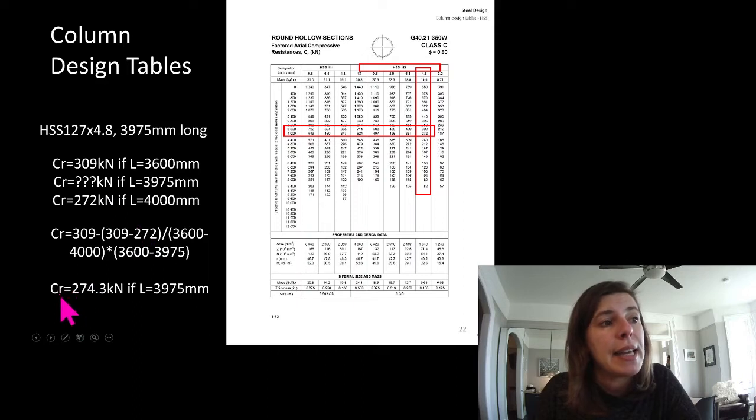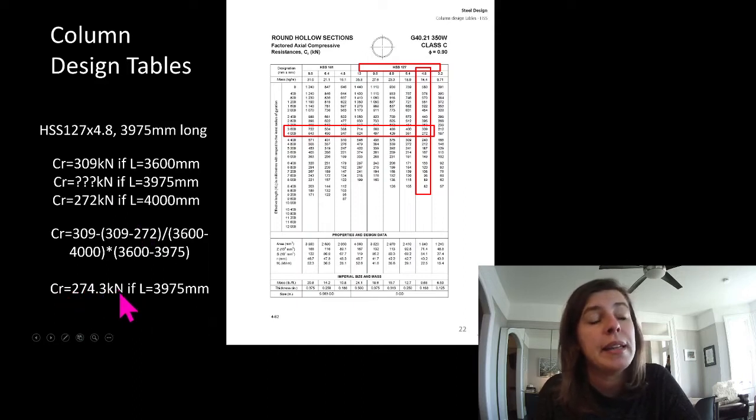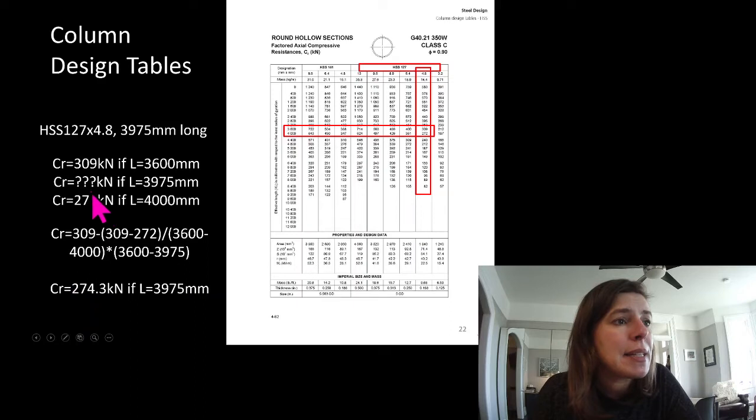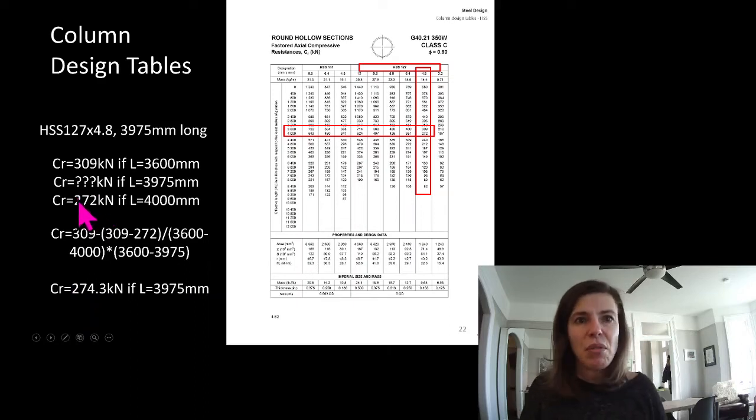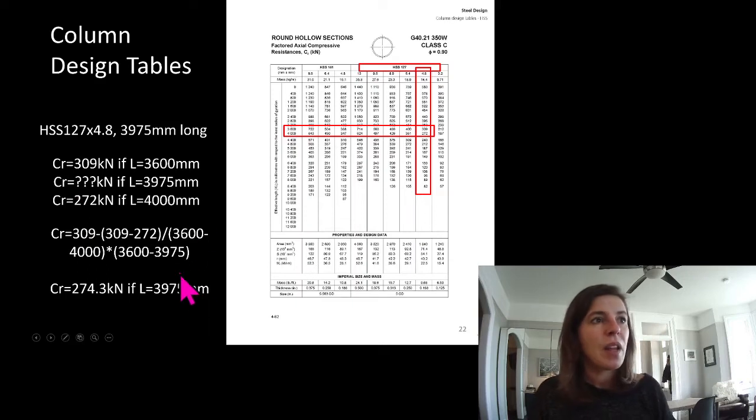But we calculate that CR is 274.3 kilonewtons if our length is 3.975 meters. Well, this makes sense. We're just a little bit greater than our 272. Seems like a reasonable number there. So we have a capacity. If we had a column that had